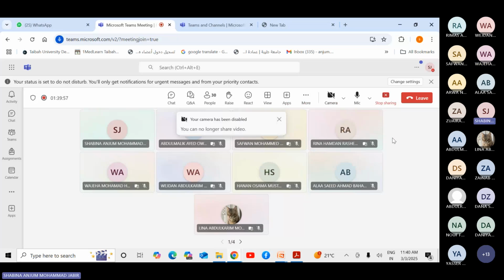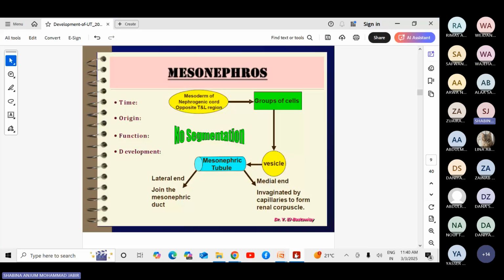Doctor, I didn't understand the idea of the lobulated kidney. Why is it lobulated, and why do the lobulations become soft in the kidney? Yes. Okay. The lobulation of the kidney means